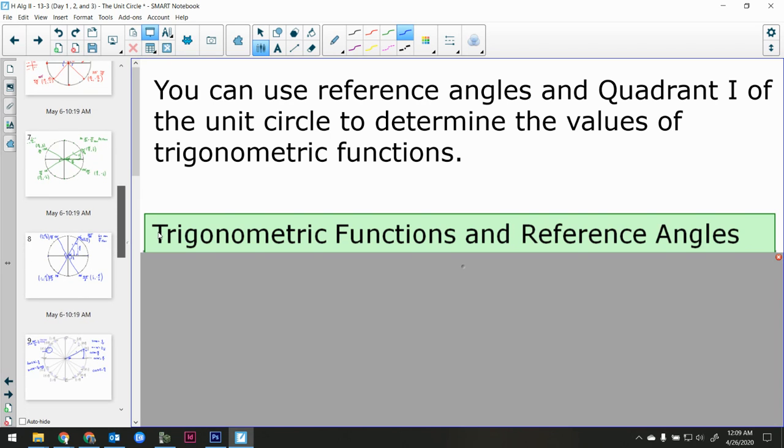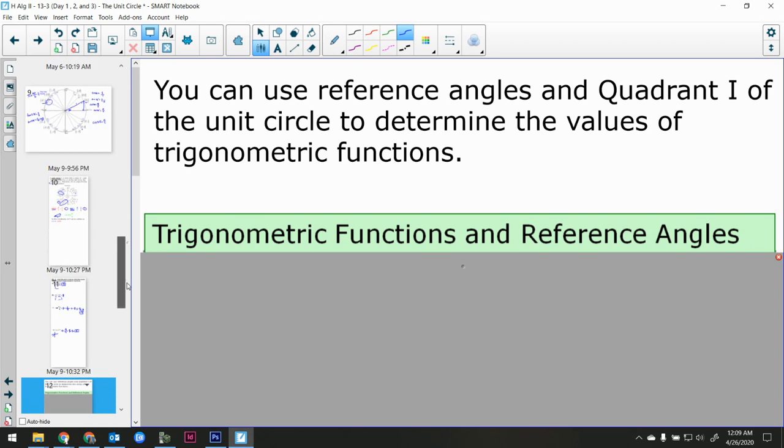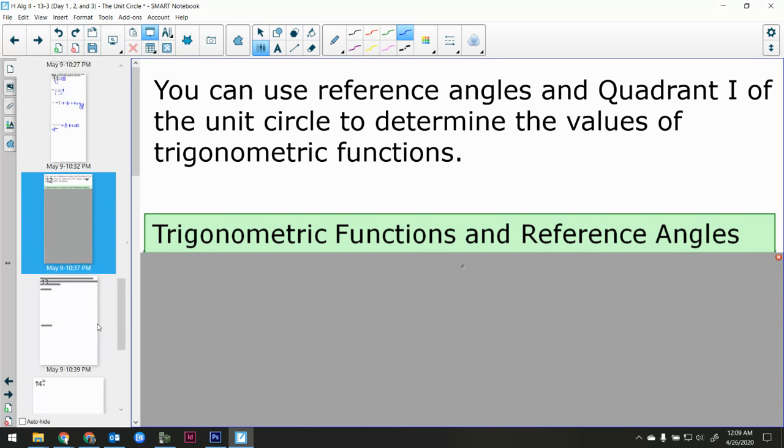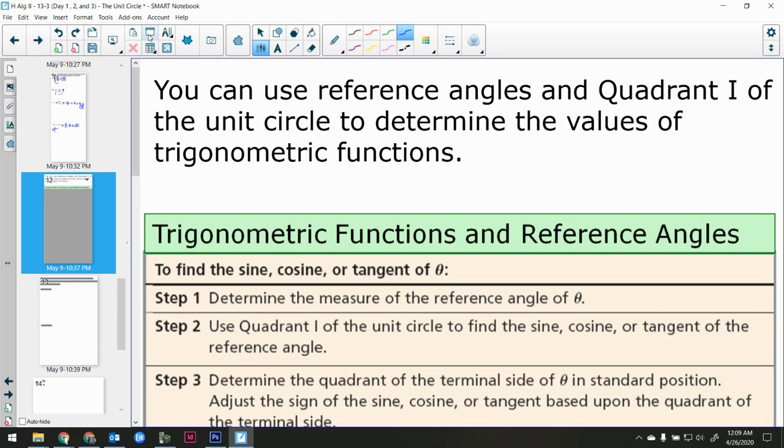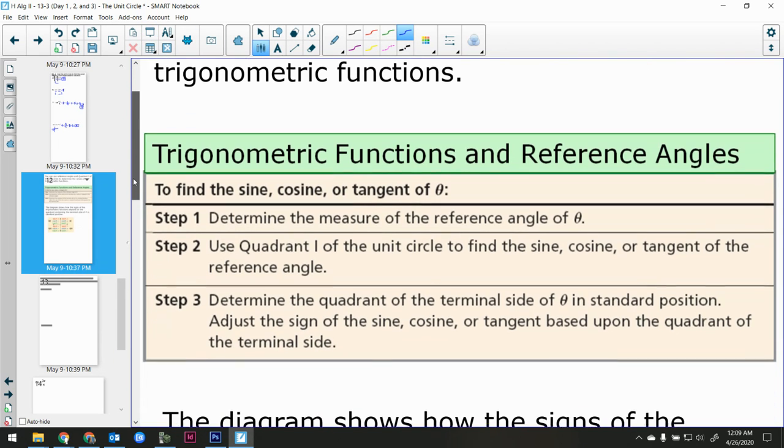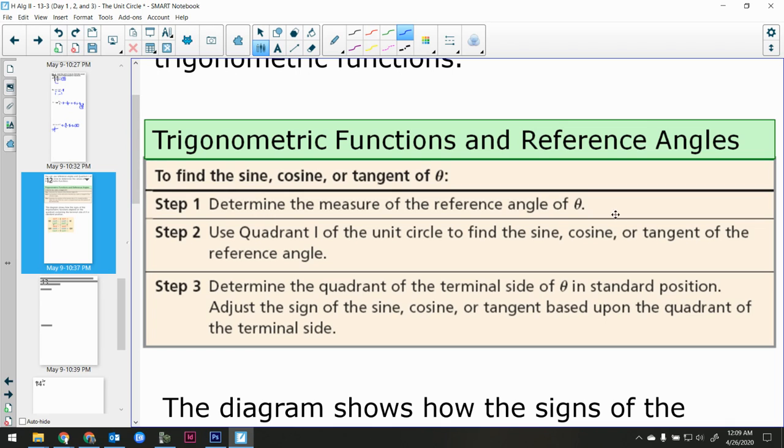And the cool thing about reference angles, the why we learn reference angles, is that they have the same sines, cosines, and tangents. That's the cool part about it. They have the same sines, cosines, and tangents. So to find the sine, cosine, and tangent of theta, you determine the measure of the reference angle for theta. Basically determine what family it's in. Okay, determine the family. And then use quadrant 1 of that family to find the sine, cosine, or tangent of that reference angle. And then step 3 basically says to apply this diagram,